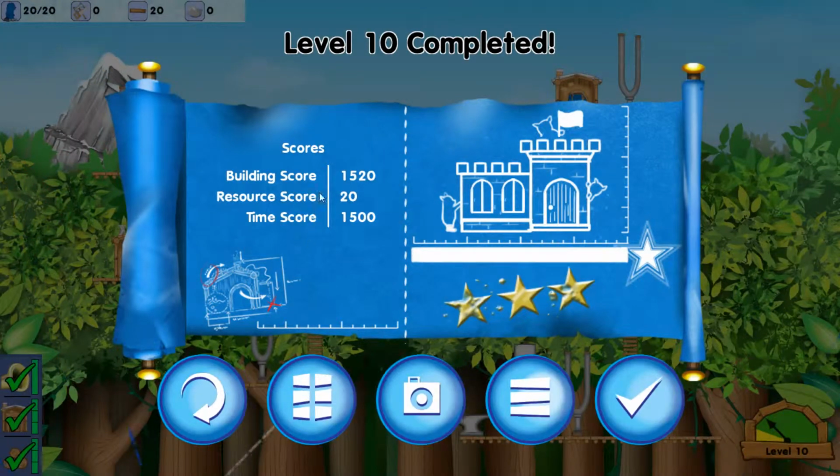Of course, what I could have done is kept collecting wood and tools and up my resource score and try and get the highest score that I can. But this is just to demonstrate how this particular level works. So yeah, hopefully that's helped anyone who's got any questions about how this level works and how the tuning